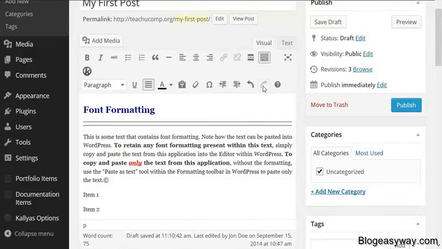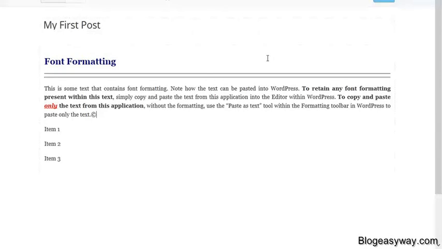If you are adding a lot of content and you find that the rest of the WordPress interface is distracting, you can enter distraction-free writing mode by clicking the Distraction-free writing button in the upper right corner of the toolbar. When you do this, you will see a plain white page with the post or page title, the content area, and only a few tools. This allows you to add your content into the content area, free from the distractions of the rest of the interface. When you create text in the WordPress editor within this mode, the toolbar at the top of the page will disappear, so as not to